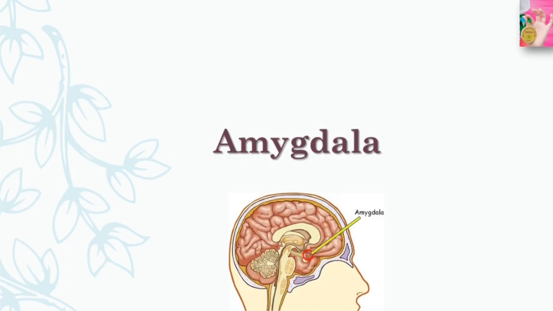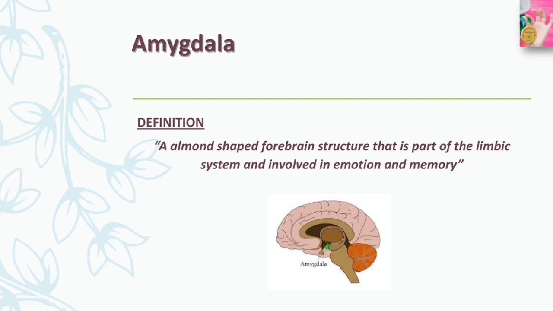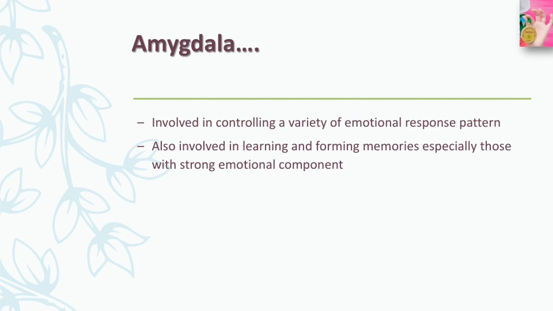Now let's talk about the amygdala. The definition includes an almond-shaped forebrain structure that is part of the limbic system and is involved in emotion and memory. So here you can see this part of the brain is known as the almond shaped, and this part of the brain, the hippocampus, which is a bit like a seahorse, and this part of the brain is the amygdala. So the amygdala is an almond shaped